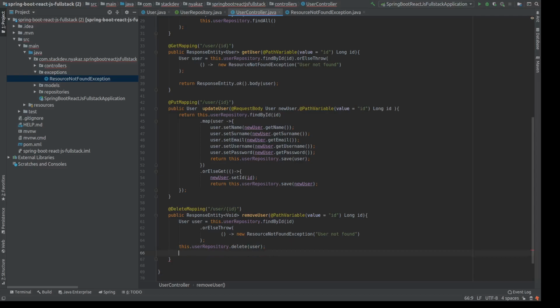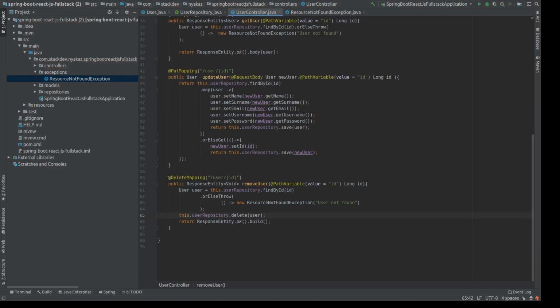So once I've done this, then I will say return, then response. We need a ResponseEntity.ok, so type 200, then .build, like so. So once I've done this, I have successfully deleted my user from my table, right? So if you have done this, guys, congratulations,